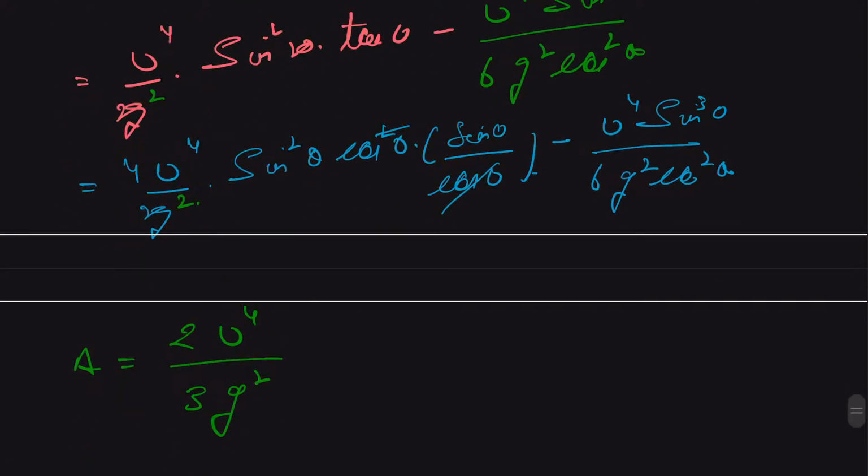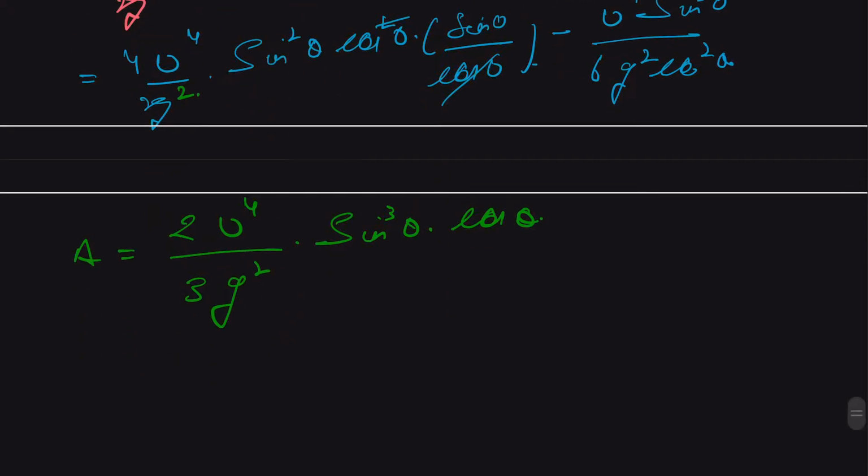So we get 2 v4 by 3 g square and sine cube theta times cos theta,